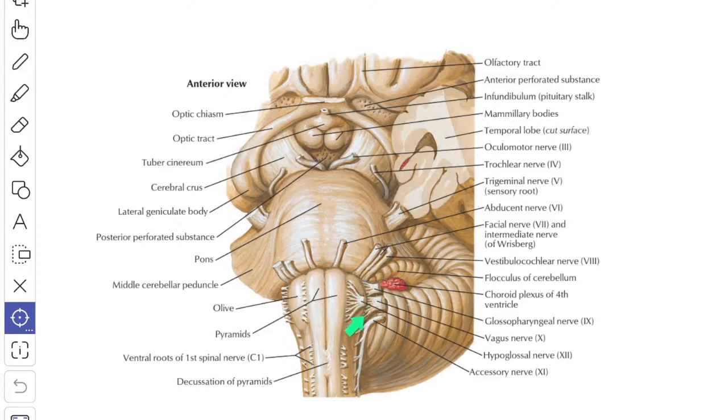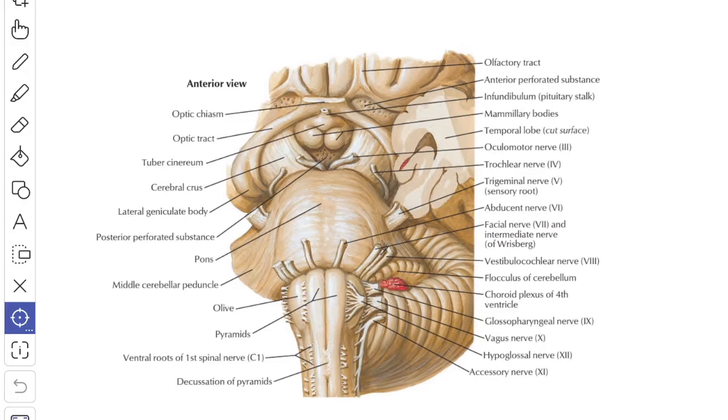This is the posterolateral sulcus. The posterolateral sulcus lies between the olive and the inferior cerebellar peduncle. Along it emerge the rootlets of the 9th, 10th and 11th cranial nerves: the glossopharyngeal nerve, the vagus nerve and the accessory nerve. The anterolateral sulcus and the posterolateral sulcus with the nerve roots divide the surface of each half